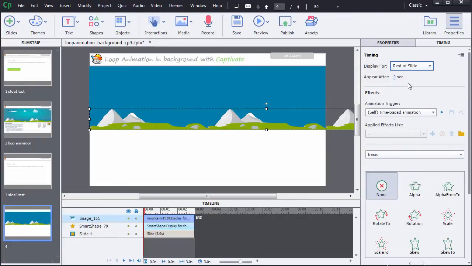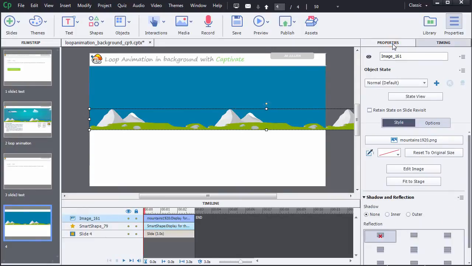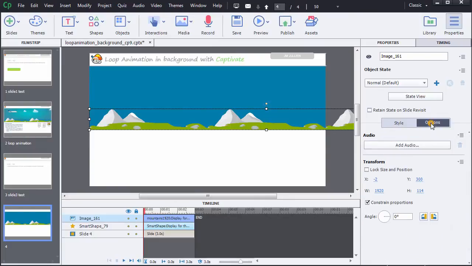Now let's place correctly the mountains picture intended to be animated in loop. You've seen in Photoshop that my basic visual cycle had a size of 640 pixels, so what I'm going to do is to enter in the Properties panel, Options, minus 640 for the X value.